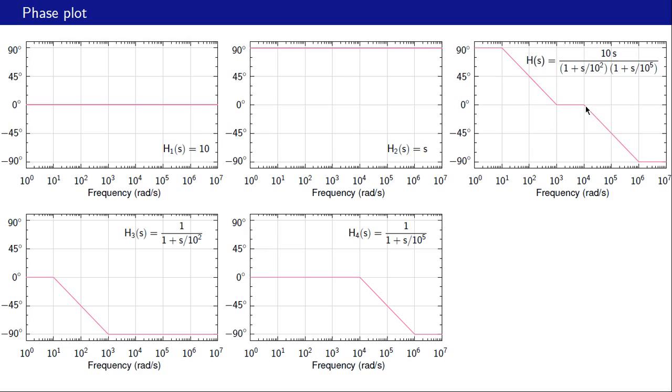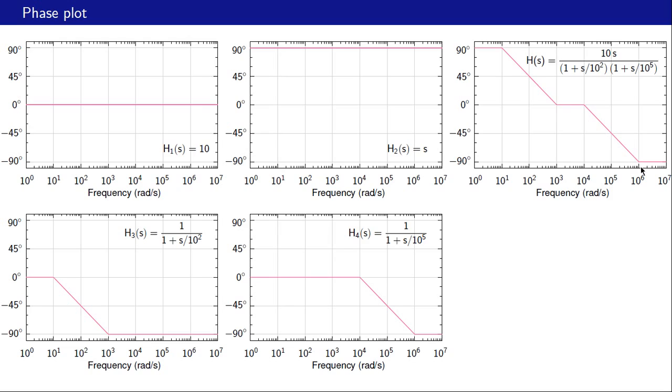What about the next corner frequency? That is 10 raised to 6 radians per second. And the slope between these two frequencies needs to be computed now, between 10 raised to 4 and 10 raised to 6. And these other three functions have 0 slope in that range, so therefore the net slope is going to be the same as this slope, which is minus 45 degrees per decade. So we then get this segment,